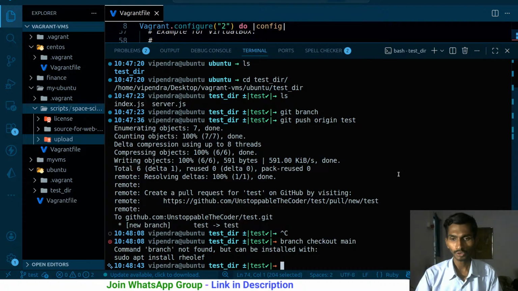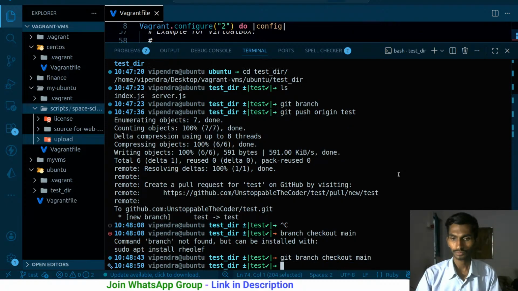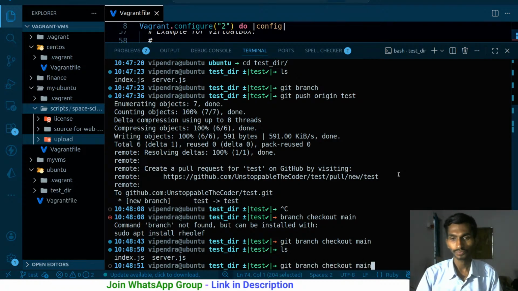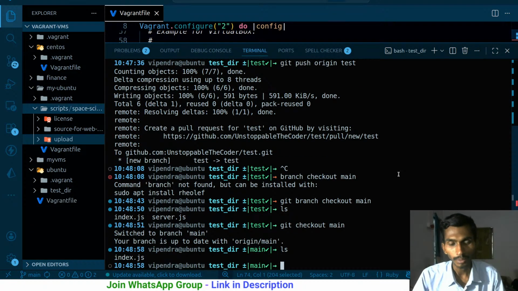Well, that's not really possible. Git checkout, of course. Now well, that's insane. Git checkout main, sorry, and now I'm in the main one,